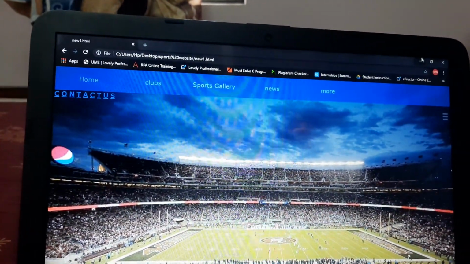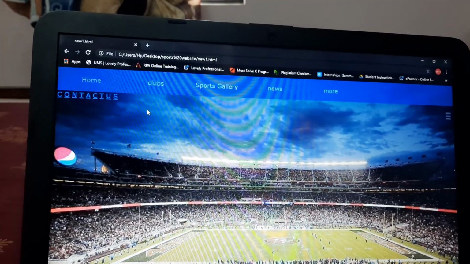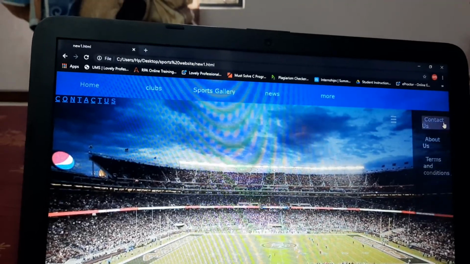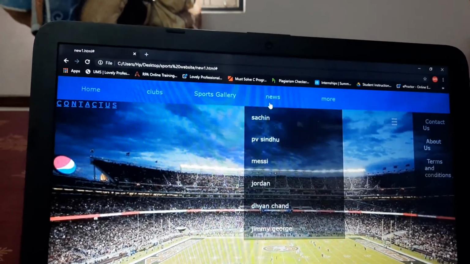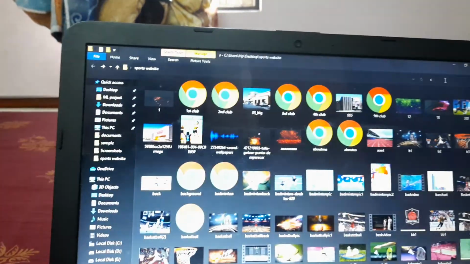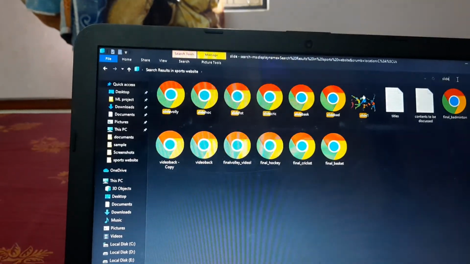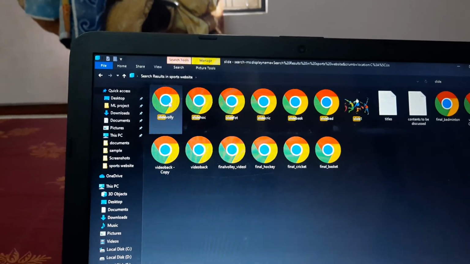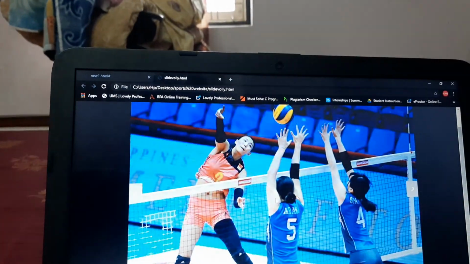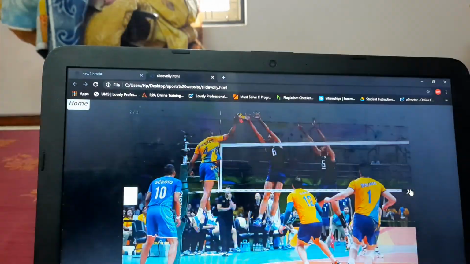And what next? I have also created slides of the, yes, this one. This is about the volleyball. I need to connect this as well.